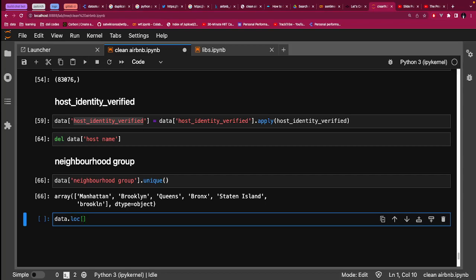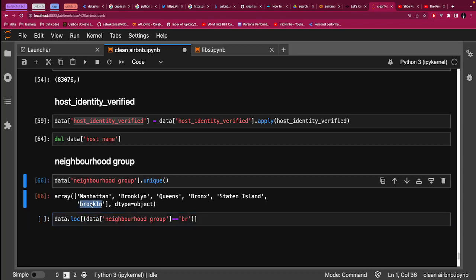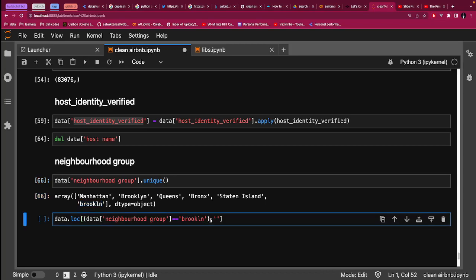So we want to write a condition and then locate a certain column, and the condition we're going to write here is data neighborhood group, which is the same column, equals to Brooklyn, this Brooklyn here, and the data that we are going to change is the same neighborhood group,